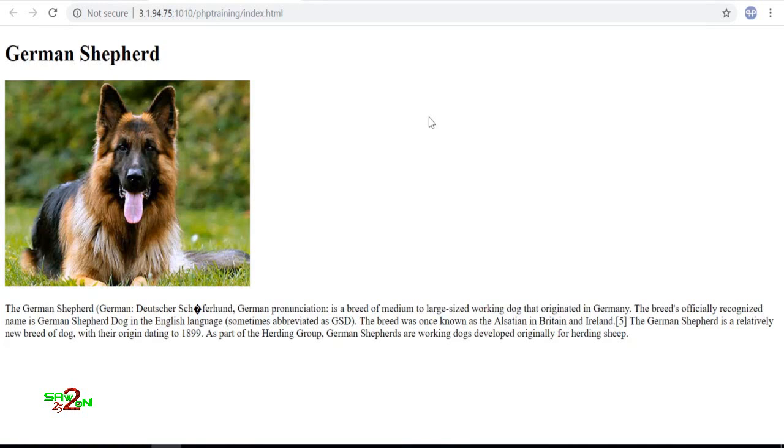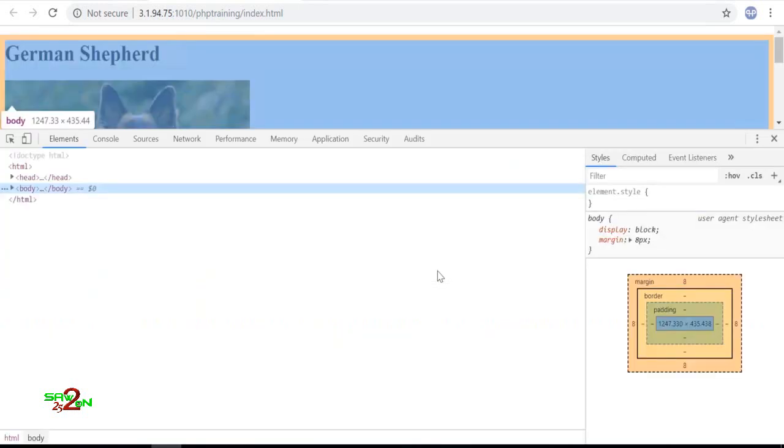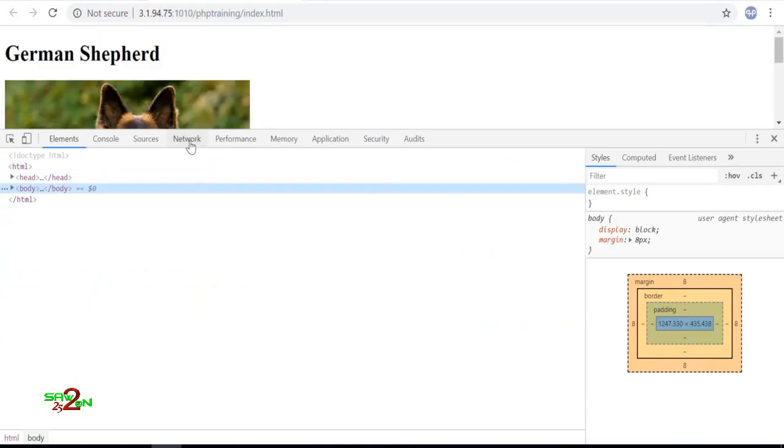Okay, so if you don't have access to the server, obviously if you're trying to access yahoo.com, you don't know what's happening at Yahoo. But from the browser, you can even check this transaction, how the request response is happening. For that, right click on the web page and say inspect. Then you'll go to the network tab.